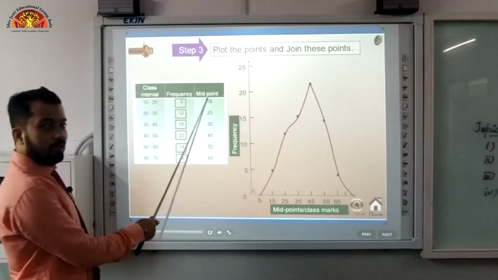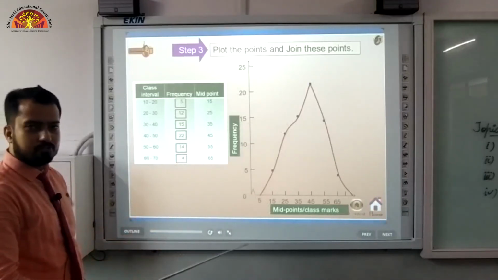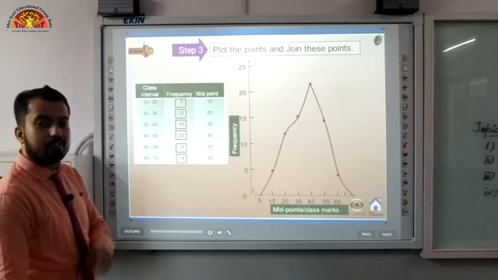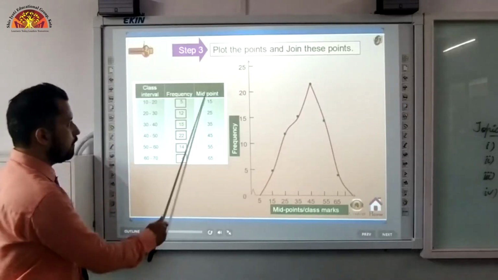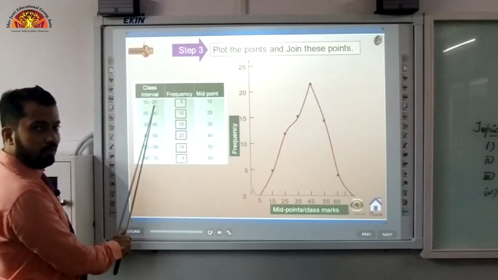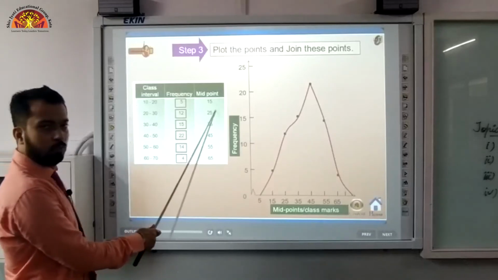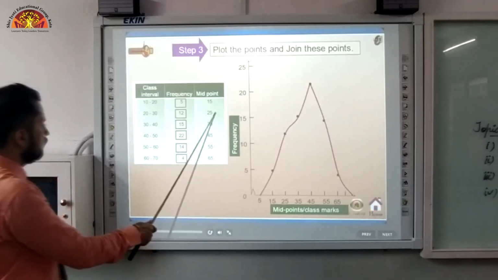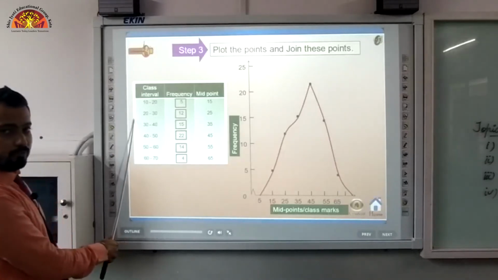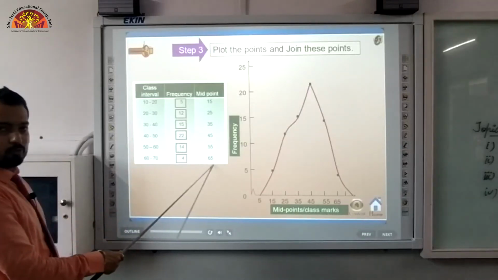So mid value के लिए बेटा I told you formula that L2 plus L1 divided by 2 करना होगा, or we can say upper limit of the class plus lower limit of the class divided by 2, right? तो हमने वही किया mid value के लिए. Classes 10 to 20, तो upper limit है 20 plus 10 is equal to 30. 30 divided by 2 is equal to 15. आ गई mid value. Further 20 to 30, so 30 plus 20 is equal to 50. 50 divided by 2 is equal to 25. तो हमने इस तरह से mid values को calculate किया.